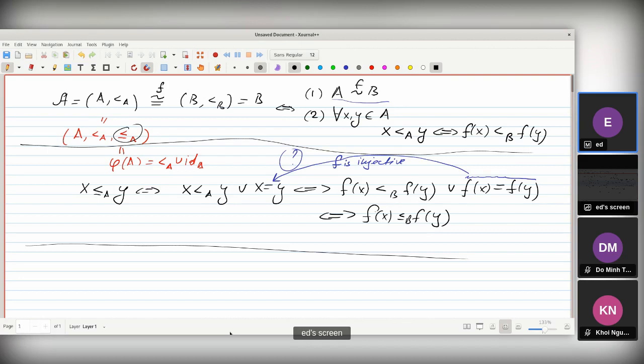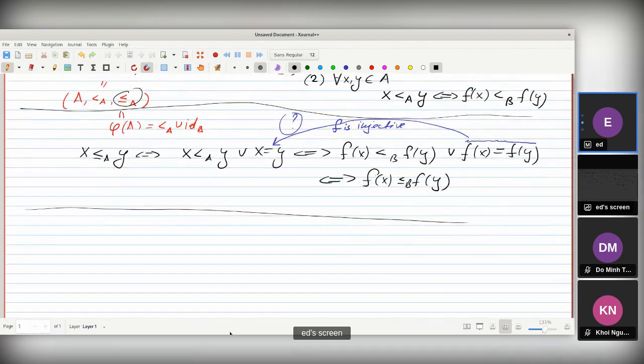Okay. Which properties of isomorphism are important? We can easily prove the following lemma. Every poset is isomorphic to itself. If A is isomorphic to B, then B is isomorphic to A. And this third one, if A is isomorphic to